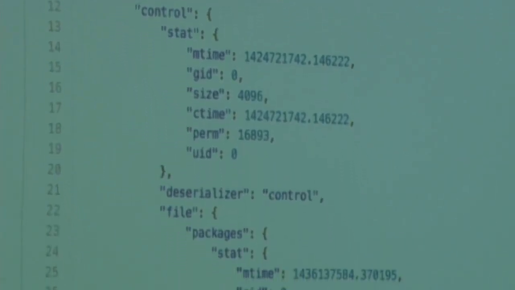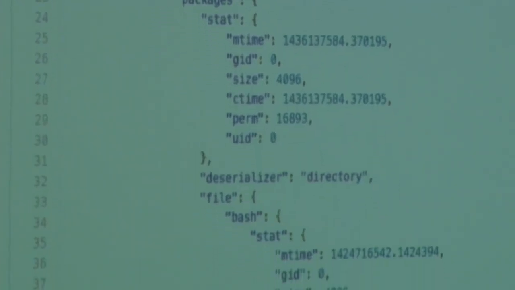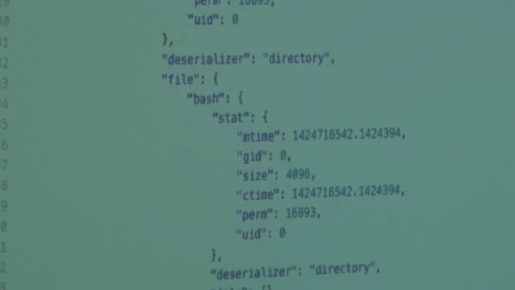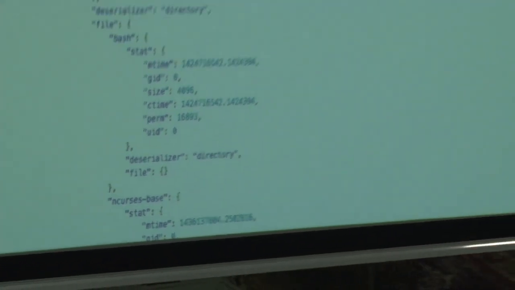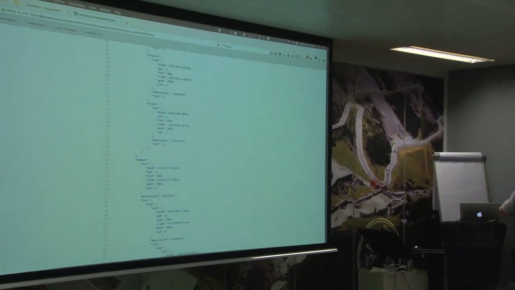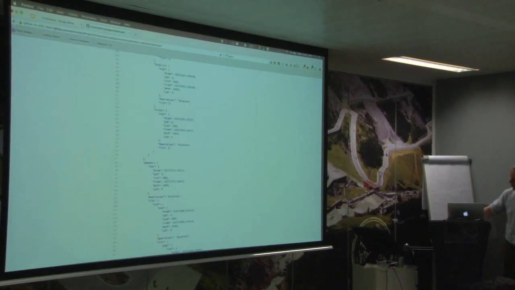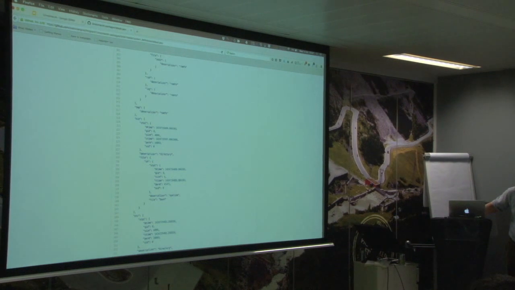And that is the argument to the deserializer that's passed, and it goes and does things with it. So we'll just skip down a bit.